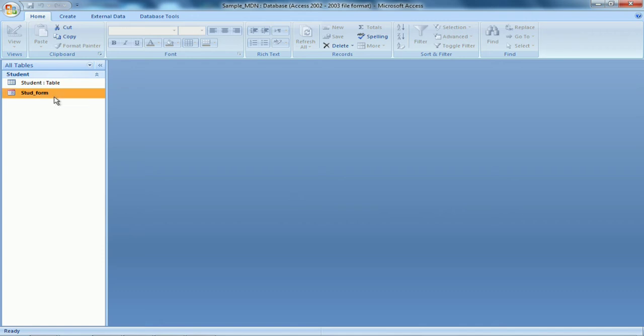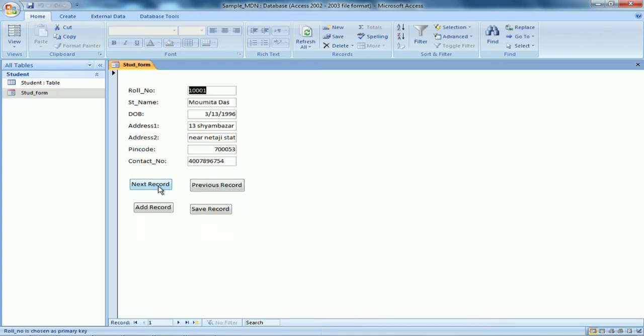So now again I save the form. Every 1 or 2 operations you need to save your work. So I have saved it. Now let's do next record. I have already shown it to you. Next, next, next, next, next, next. Now if I want to add something here, let me do this. These 2 buttons are more or less the same, but there is a slight difference. The difference is if I now straight away add here and then click on save, this record will automatically get saved.